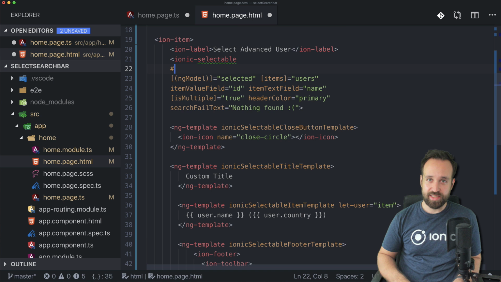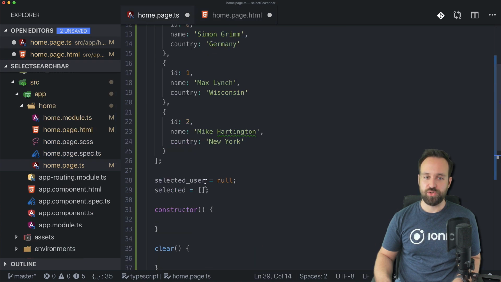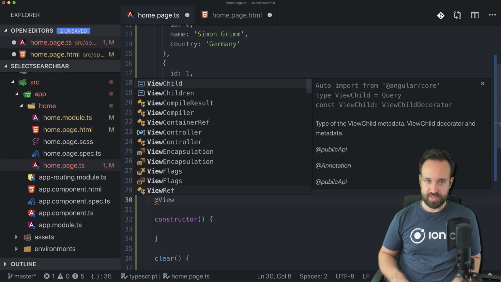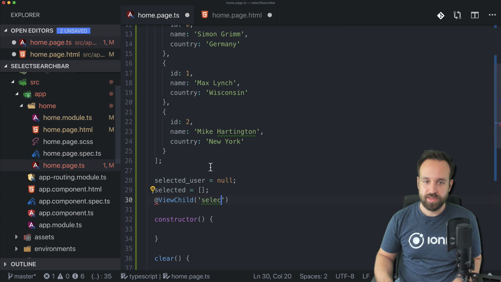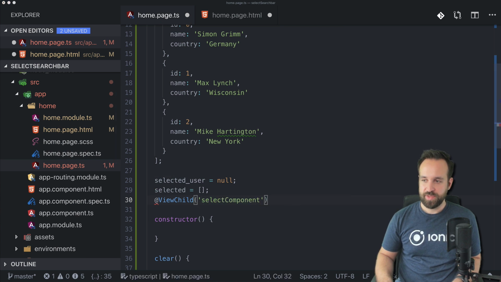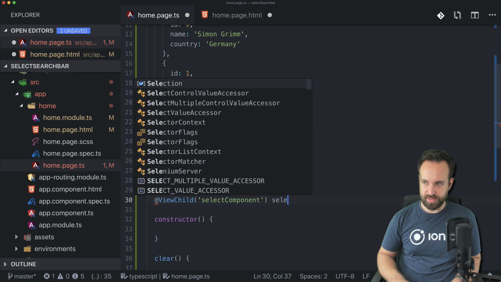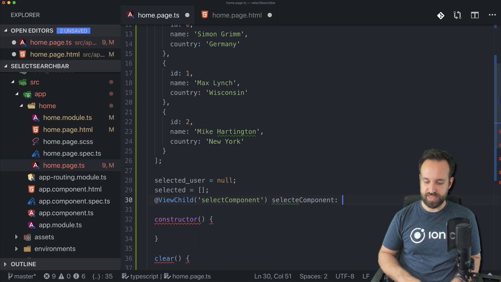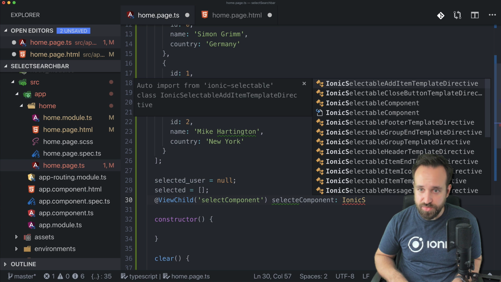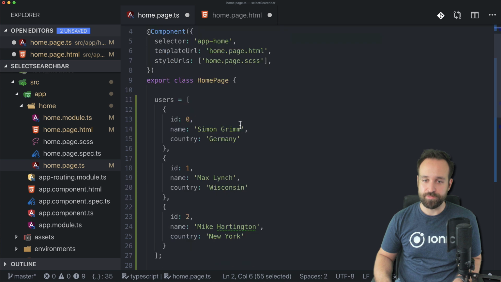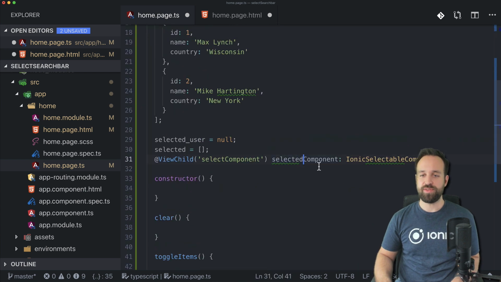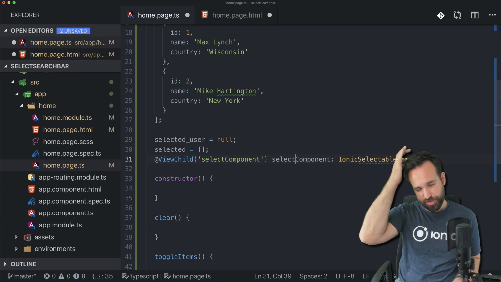ID so we can access it with the Angular ViewChild syntax. So let's call this one select component. And then within our homepage, we get access to it using @ViewChild select. I forgot the name already. Sorry, select component, and this will be our select component of the type Ionic selectable component, just like before,